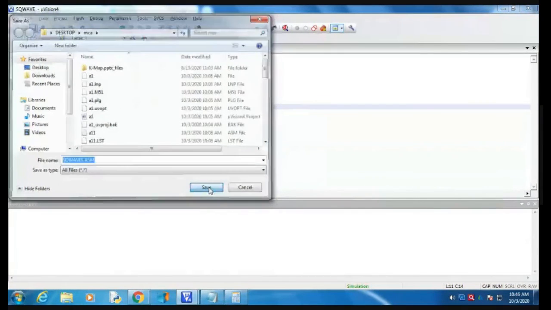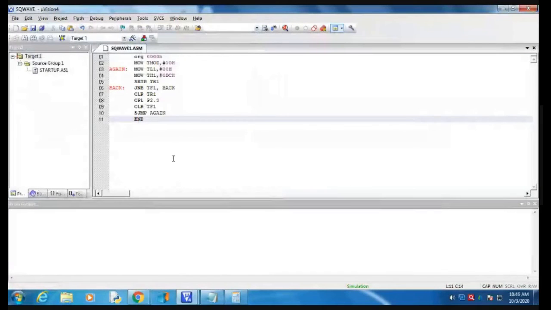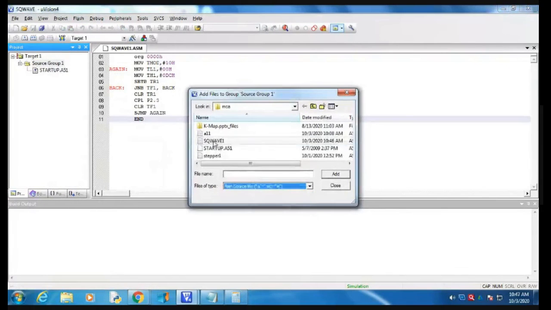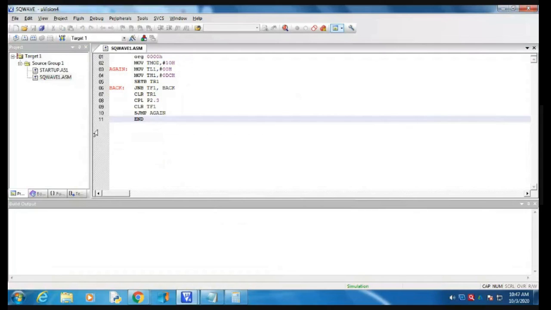Save it. If any error is there, remove that error. If there is no error, then you can build this program. Before building, we have to add this file into my target. Where is square wave 1? Add this program, then build it.